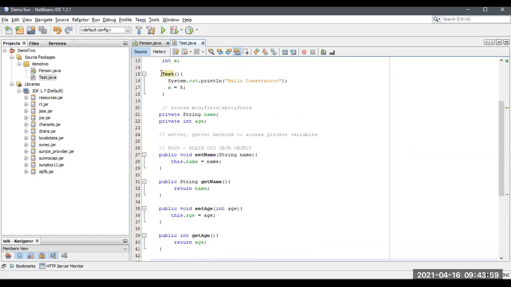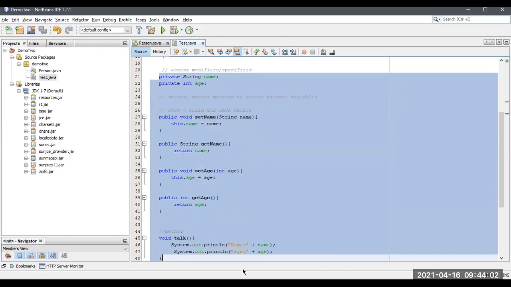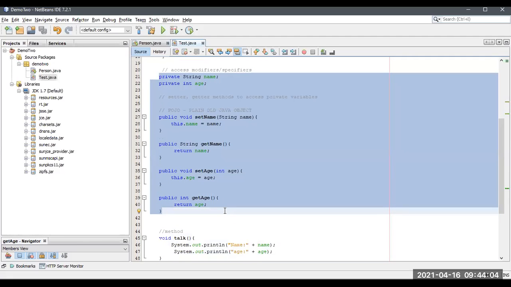Just it is enough to create a constructor so that all these particular 10 lines will be avoided and the performance of the particular program will be increased and the performance of the application will be increased. All these scenarios you should keep in your mind while doing your projects. Okay, this is an essential part of programming languages. So if required, just use that one. If there is another chance of avoiding all this particular information, it is essential to go in that way, not this way. Okay, I think you are getting my point clearly.